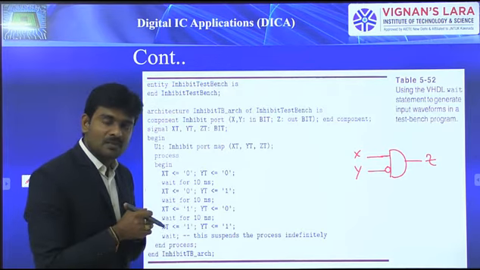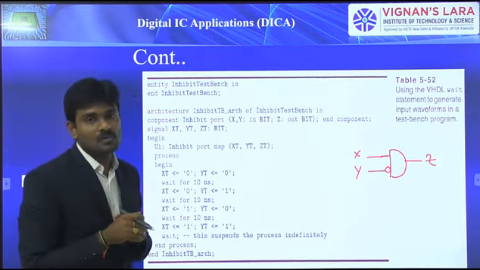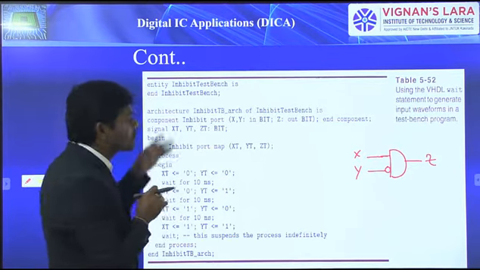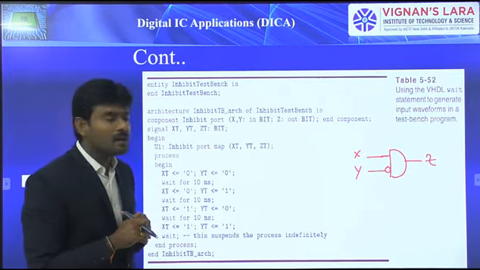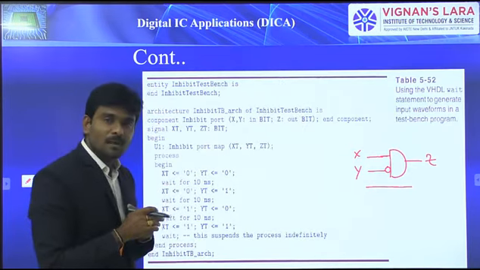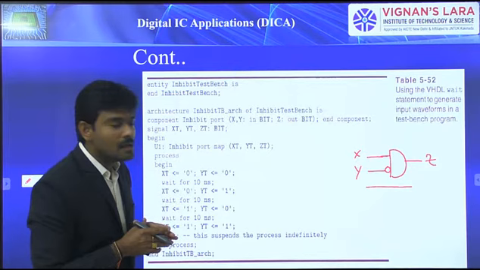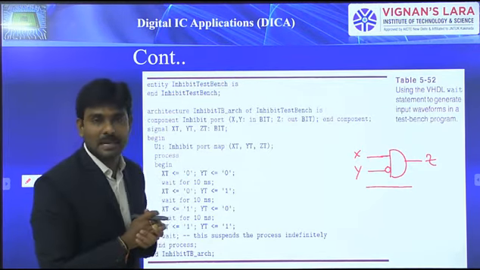By means of the test bench, we are going to specify the sequence of inputs that we are supposed to apply to verify that particular functionality. Those sequences of inputs we can develop within that particular test bench. Okay, because of that, here once again I considered that inhibit gate. So this is how it seems to be: X, while you are applying Y, that must be applied as input for the AND gate through an inverter, then Z is the output. Okay, so now I considered that inhibit gate. For that we are supposed to develop a test bench, and this is how that particular test bench seems to be.